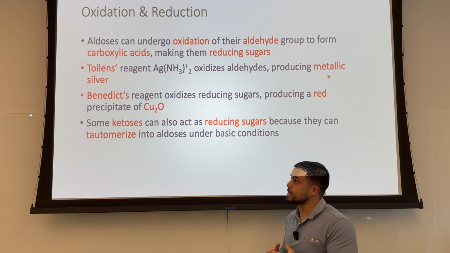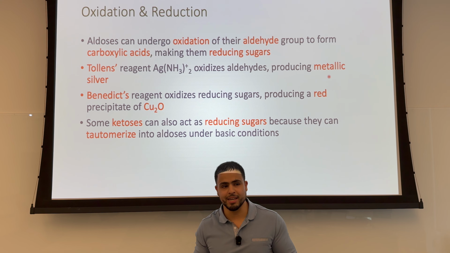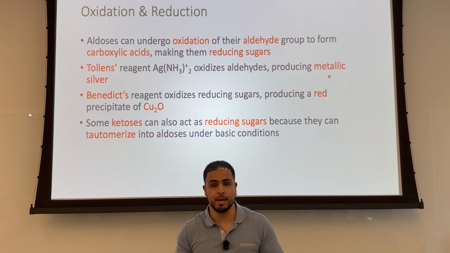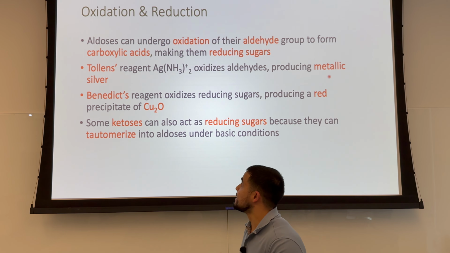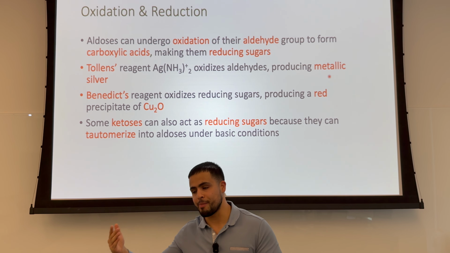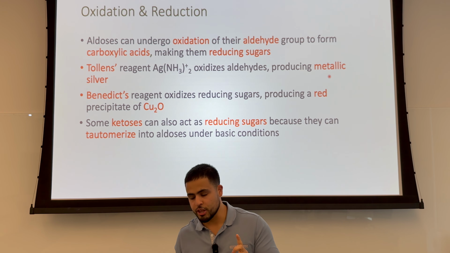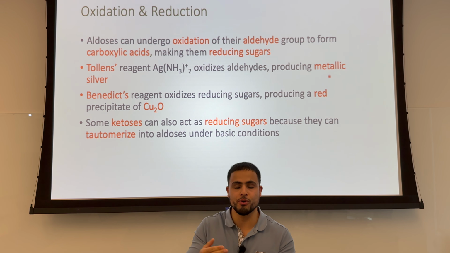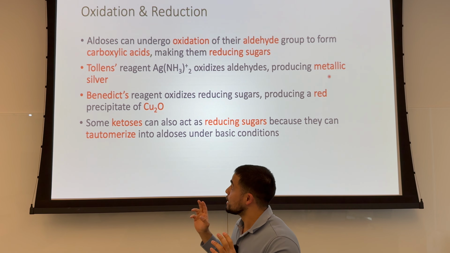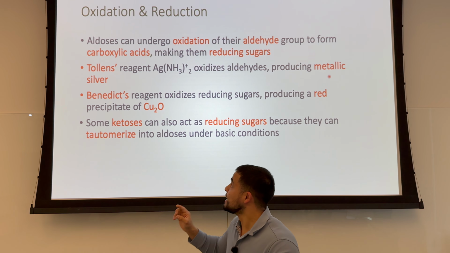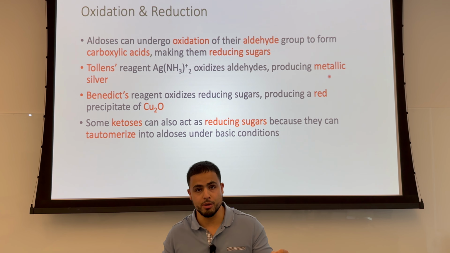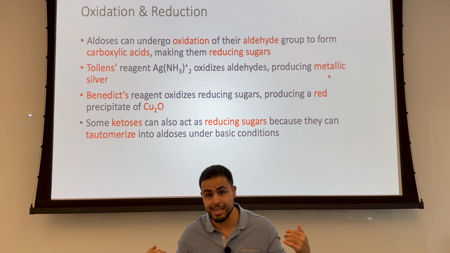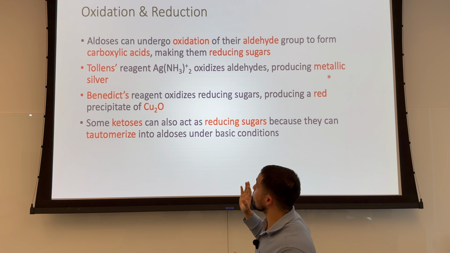Okay, so when it comes to oxidation-reduction reactions, it's very important to recognize that the aldose sugars, like glucose for example, because they contain an aldehyde, can be further oxidized into a carboxylic acid. Now recall when you're thinking about ketones from organic chemistry, you sort of run into a wall. You can't further oxidize a ketone. So they shouldn't be reducing sugars, whereas the aldose sugars are reducing sugars because essentially they can be oxidized, and when they themselves are oxidized, they're acting as the reducing agent, and that's why we refer to them as